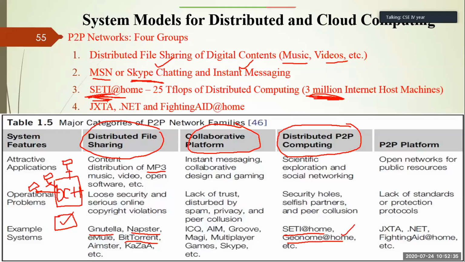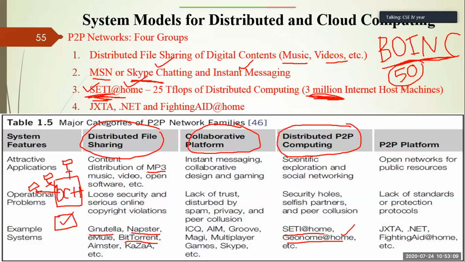If you want to participate in SETI at home, I mentioned this platform: you install BOINC on your computer system. BOINC stands for Berkeley Open Infrastructure for Network Computing. This platform holds around 50 projects, and these 50 projects are called voluntary projects. This platform provides the grid computing environment. One of the 50 projects is your SETI at home.